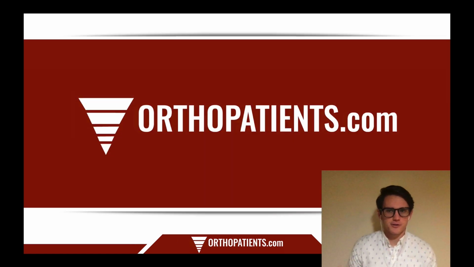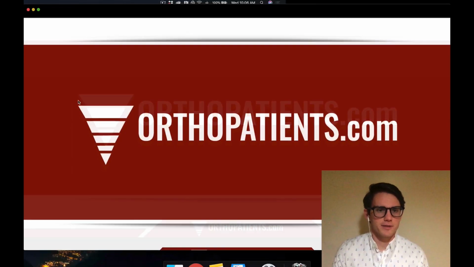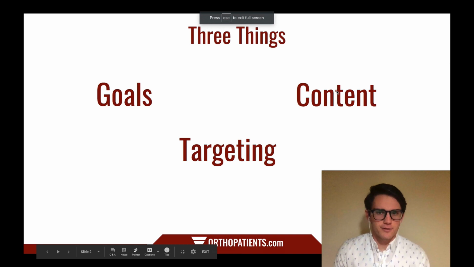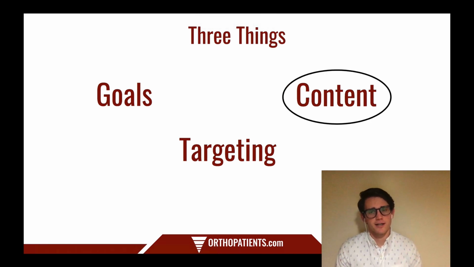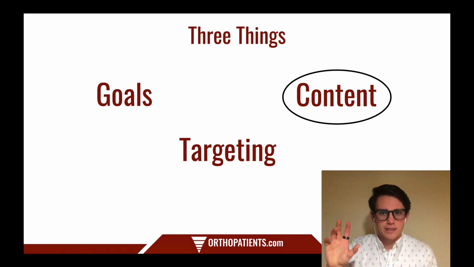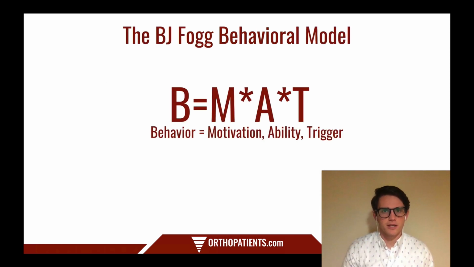So I hope you've enjoyed this. Really, like we talked about at the beginning, if we go back here, these are the 3 things that you need to focus on. Goals and targeting really aren't that hard, but content is what's going to do the heavy lifting. If you don't put the right content in front of the right audience, it's not going to work. And all 3 of these have to be in place, yes, but the content is the most difficult one to get correct. So make sure that you use this BJ Fogg behavioral model to build your ads around them, create avatars,